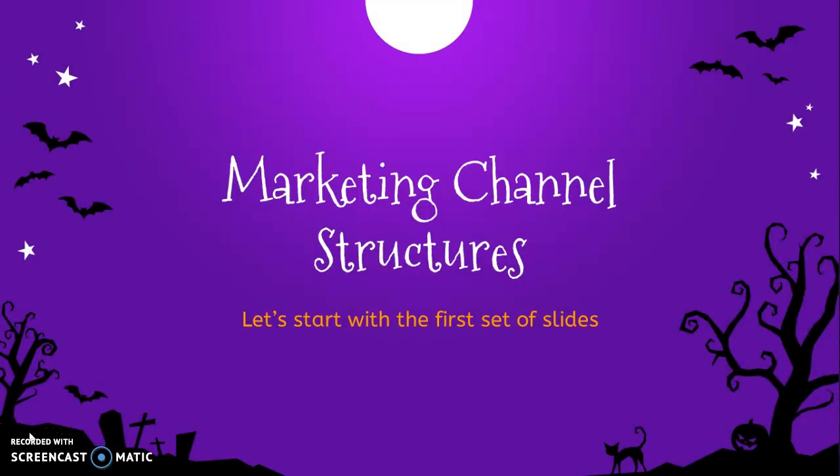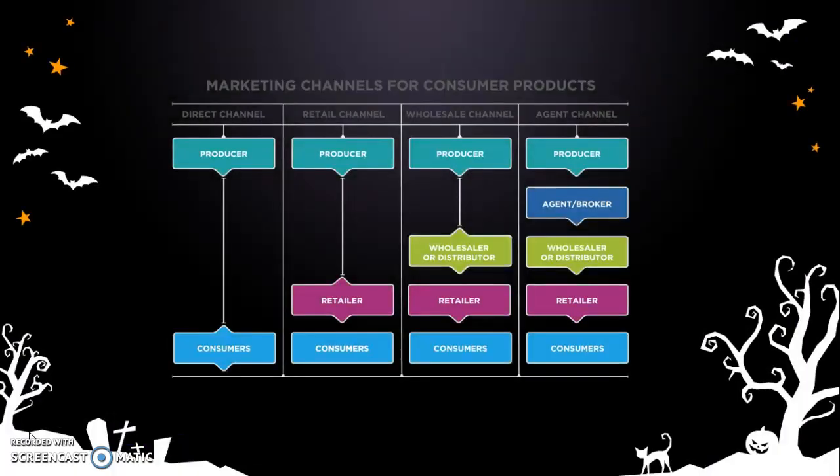The first topic we're going to talk about is marketing channel structures. Let's see what's going on here. In class we read the case about the different channels they had according to the customers. Remember? I think it was the Cisco case. Yes. So here we can see the different kinds of channels that we have.